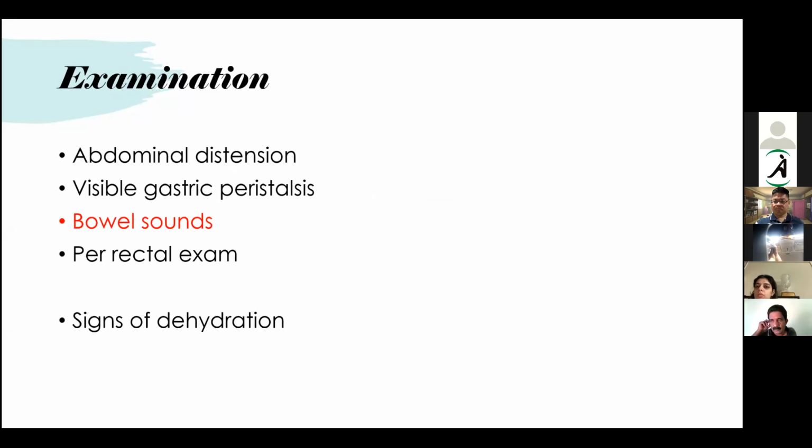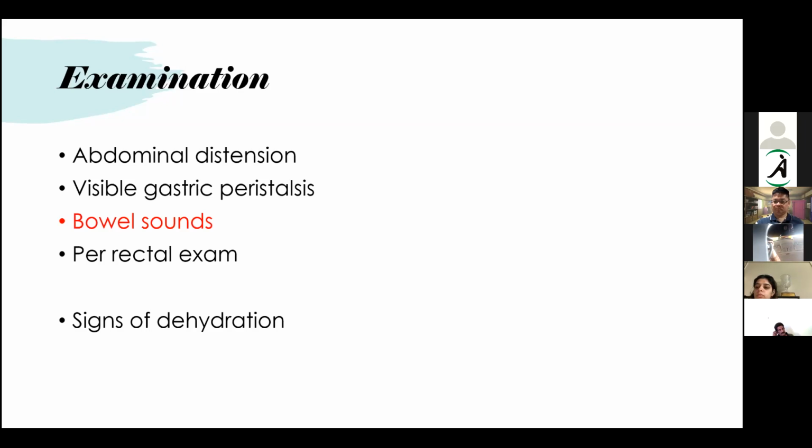Always check for bowel sounds. One thing that I want to stress is we should always check for bowel sounds. Bowel sounds can vary according to the stage of the obstruction. As I mentioned, in the early stages of obstruction, the bowel is hyperactive and you can appreciate increased bowel sounds. In the later stages of mechanical obstruction, the bowel is hypoactive and the bowel sounds may reduce. And again, in functional bowel obstruction, where the capacity of bowel to push the contents forward is reduced, it is basically a hypoactive bowel, right? So there may be decreased bowel sounds there.